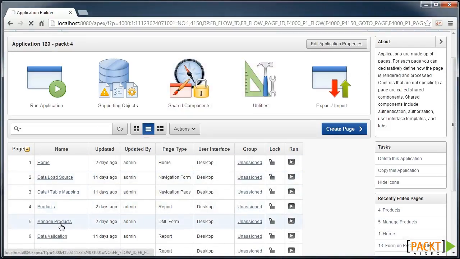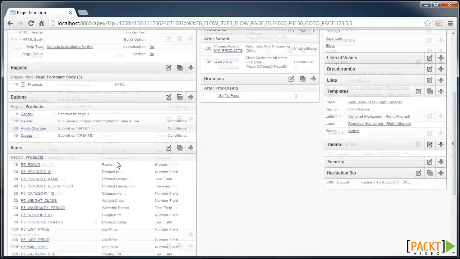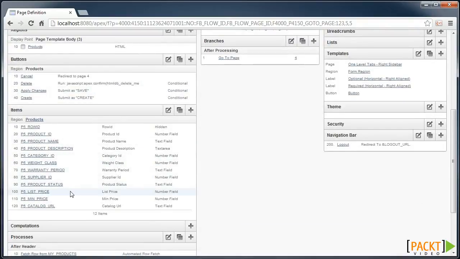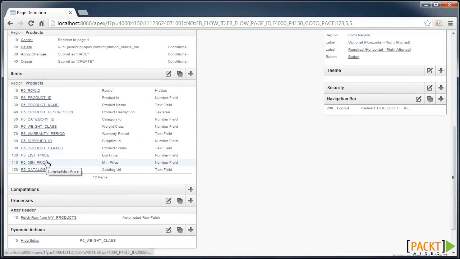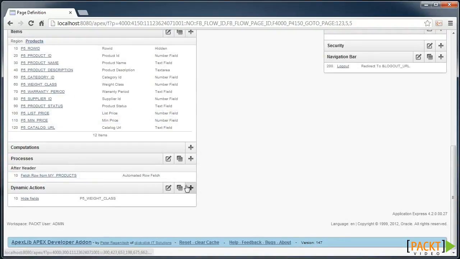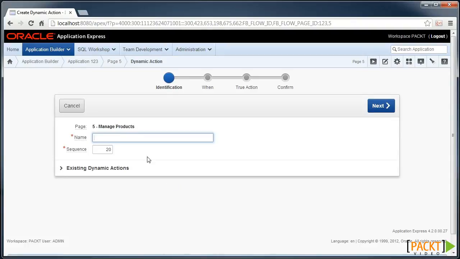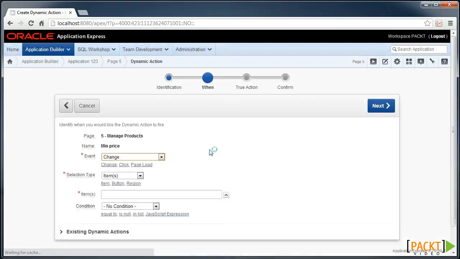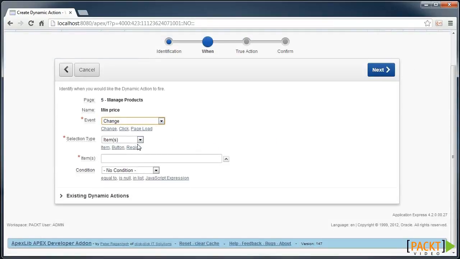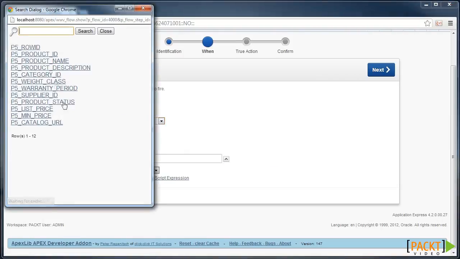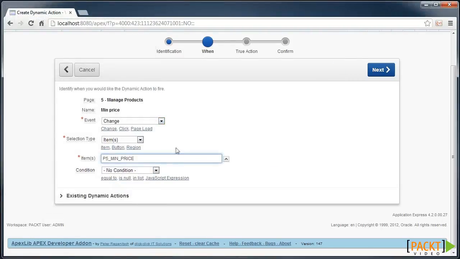So consider the Manage Products screen again, and perhaps we'd like to ensure that the minimum price is at least 0. So what we need to do is define a dynamic action. Call it minimum price, and it will be on change of the item, and it will be the minimum price item,